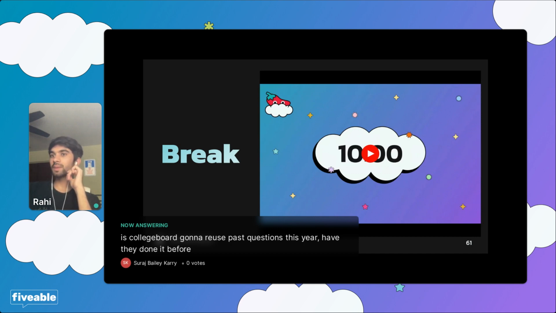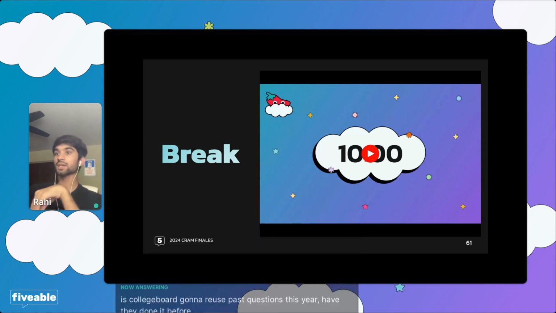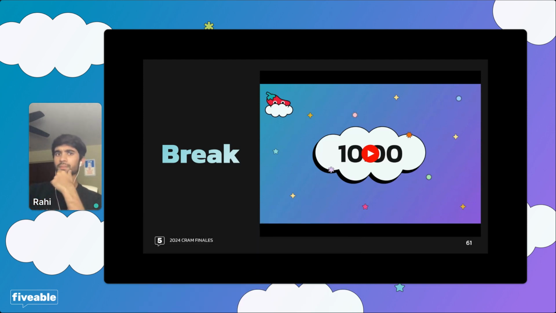College Board doesn't typically reuse last year's questions. They have on rare occasion done it, but typically, even if they use a question, it's an FRQ question where they change the numbers. Multiple choice questions are reused, but typically not calculation questions. About 10 questions on your exam are going to be experimental questions, which they're trying to figure out. Those can be re-seen if they decide it's a good question and want to re-inject it.